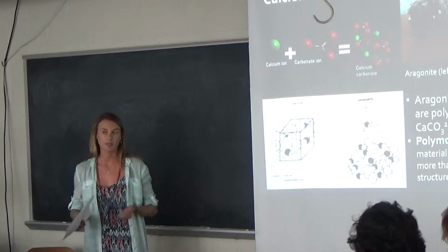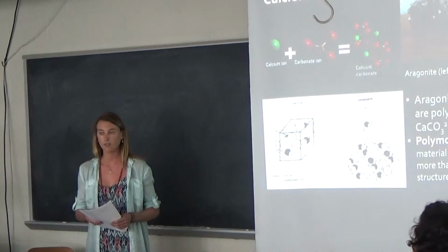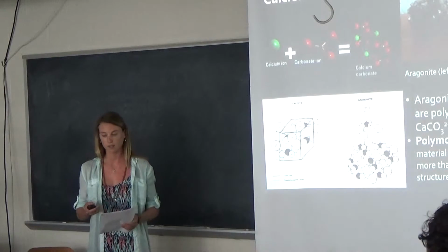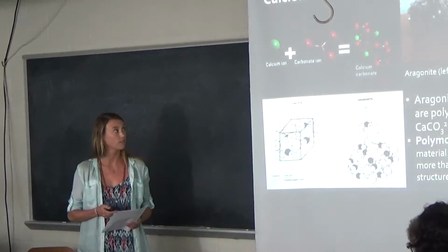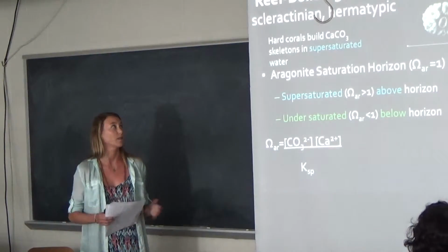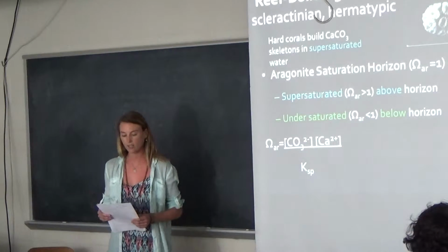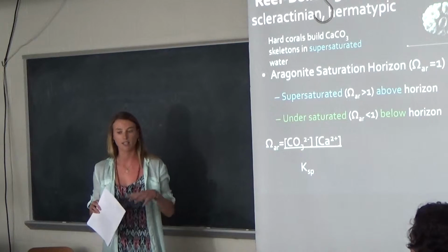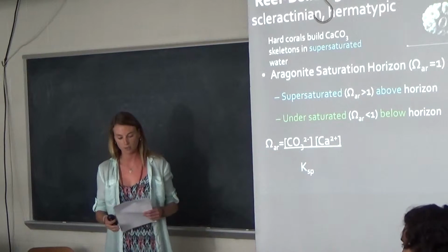And as we learned in the previous presentation, calcium carbonate is a polymorph, so in its solid form, it can exist as two different crystal forms. We've got aragonite and calcite. So reefs, hard corals are the reef-building corals, and they're also called scleractinian or hermatypic corals, and these are distinct from soft corals because they build the reefs, they build the calcium carbonate, as the picture shows, those are some